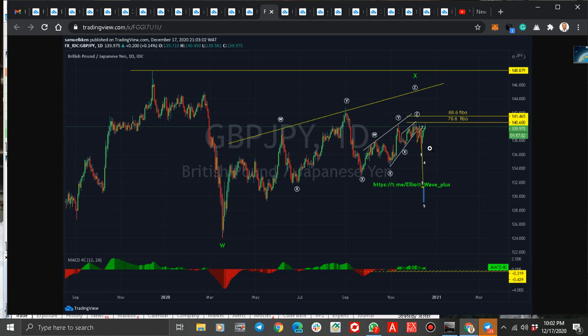But what might happen is that pounds yen might be selling fast, and the pounds dollar will be correcting. Pounds yen might be going like this, down, down, down. The pounds dollar will be doing something like this. So I'm expecting a down move on pounds yen, and up move on pounds dollar. Let's go to 4 hours.